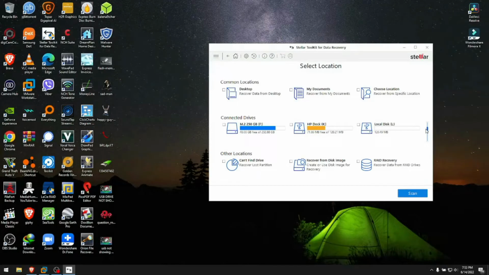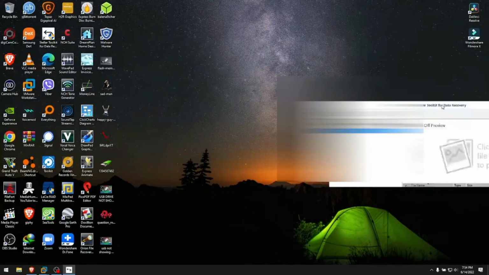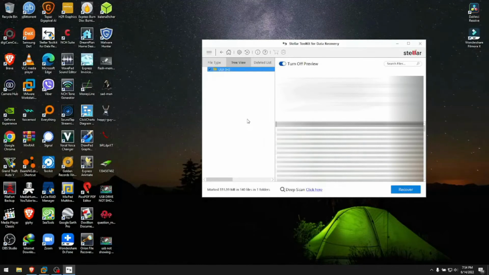Your drive should be in this list right here. Mine is just a small USB drive because for time purposes, I'm only trying the smallest USB drive that I could find in the drawer, which is a 1 gigabyte, which you'll see later why I'm selecting the smallest one for the video purpose. You click scan, and you will be presented with the next